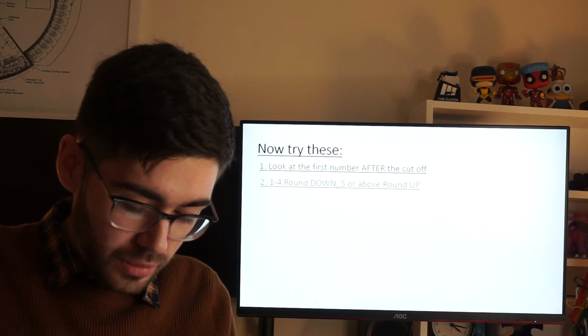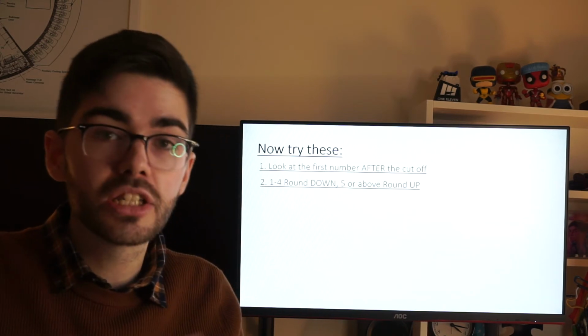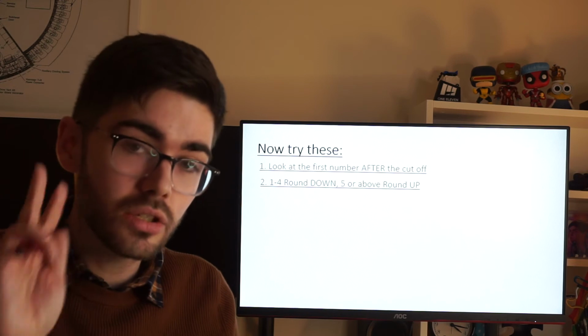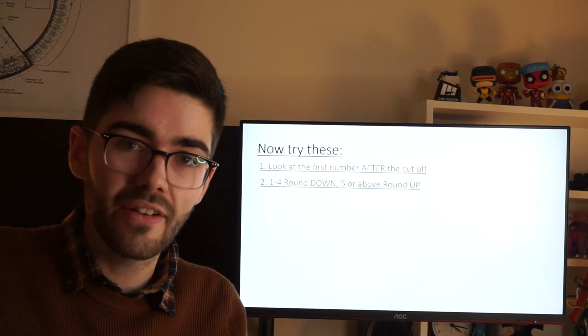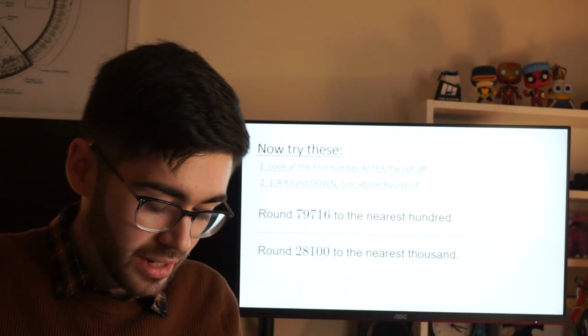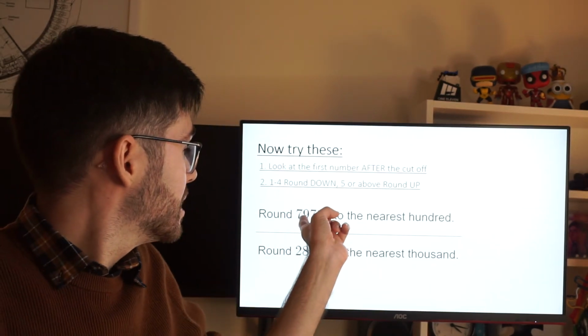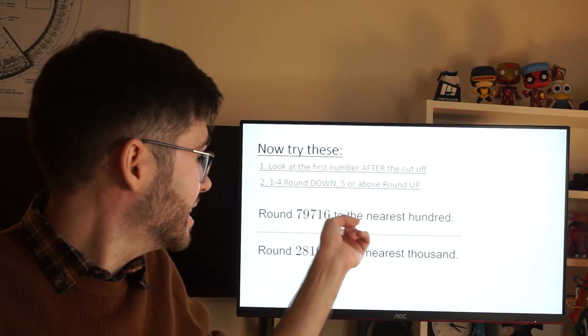Next kind of questions we want to look at are where we're rounding to the nearest 100 and the nearest 1,000. We still use the same 2 rules. We look at the next number after the cutoff. 1 to 4 rounds down, 5 or above rounds up. Okay, so this first one here, that's